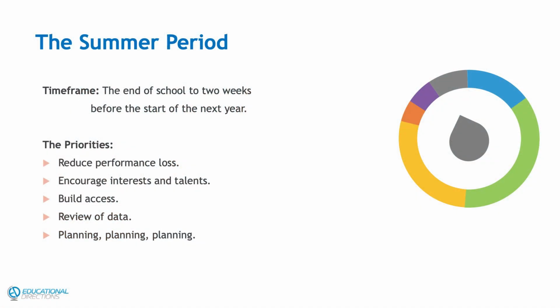So the summer is really different depending on your particular state, your particular school system. I don't know if everybody has access to their students or certain students over the summer. I don't know how much you have access to some of your teachers before 2 weeks before the school starts. So the summer is a little bit more of a variable depending on your particular business setting. The summer, we want to make sure that we reduce performance loss. And honestly, that's not just for the students, that's for the teachers as well. How can we sharpen the saw over the summer for all parties involved?